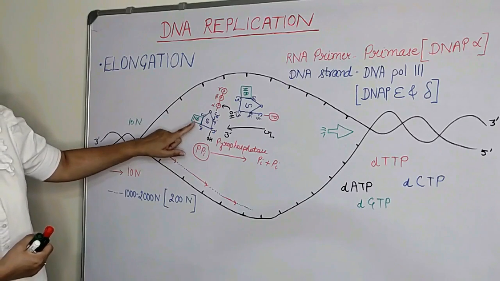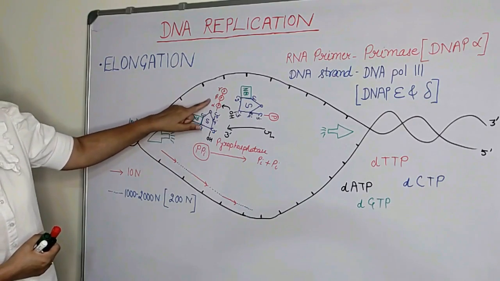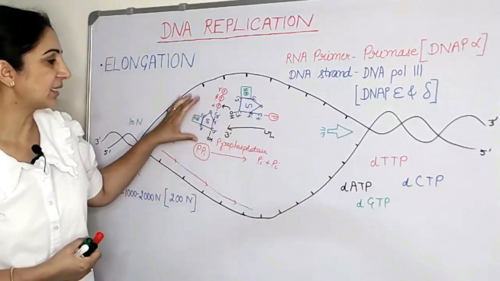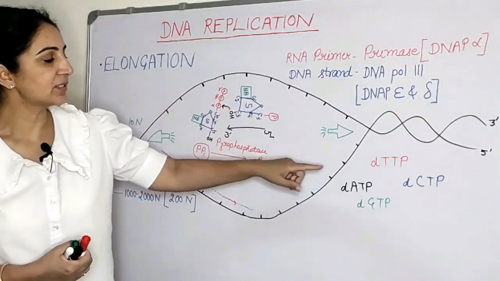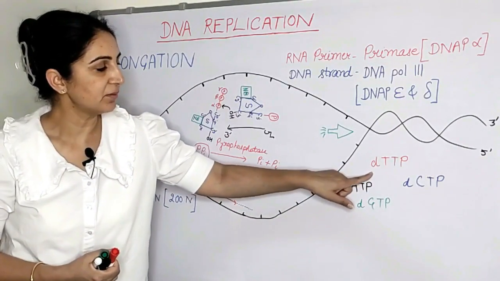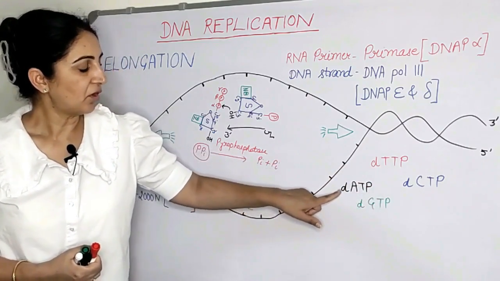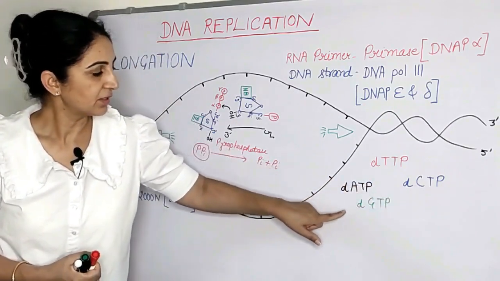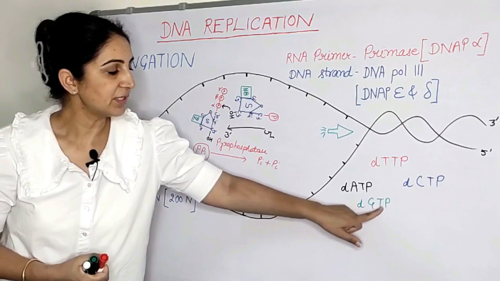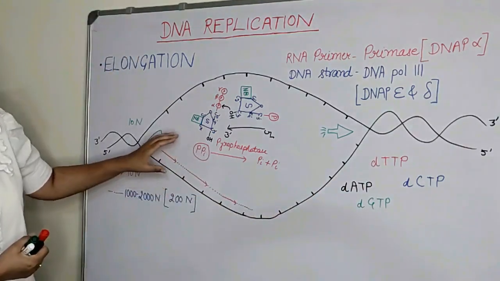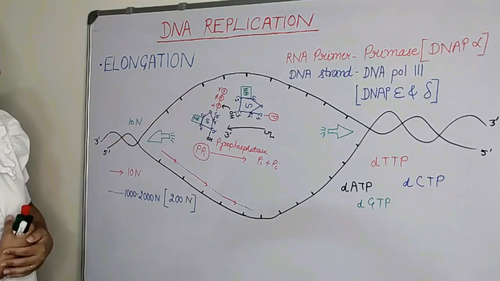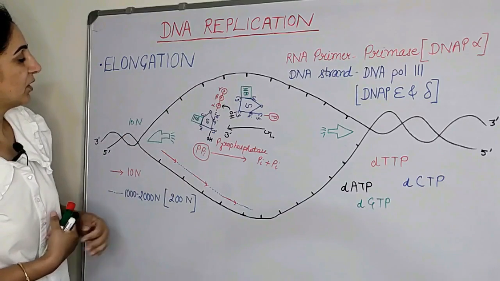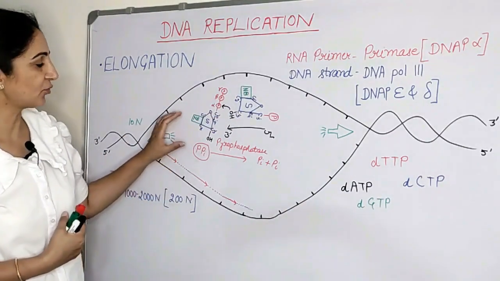So this raw material always occurs in the form of triphosphates. Suppose we are synthesizing a DNA strand, then these nucleotides will be deoxythymidine triphosphate or deoxyadenosine triphosphate or deoxycytidine triphosphate or deoxyguanosine triphosphate. This is when we are making the other strand of our DNA molecule. So this is the pre-existing nucleotide or any nucleotide. Let's see how the phosphodiester bond gets formed.